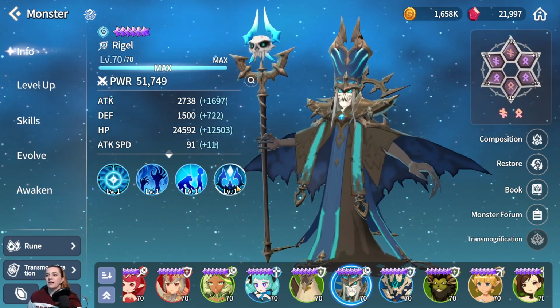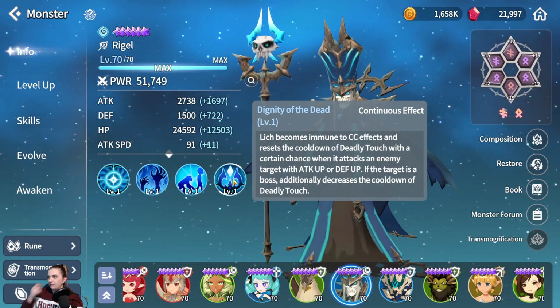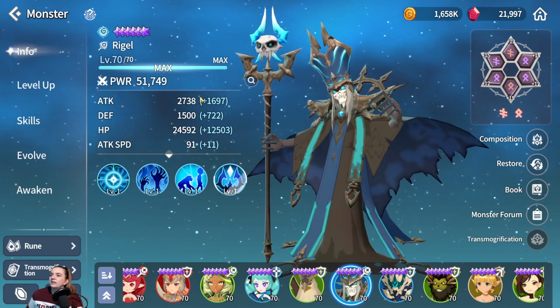Like, not quite, but... These are the runes that you have on him right here? And you just passed it, right? Yeah, but these are actually good runes. Oh, I guess I can't see your crit rate, crit damage. Yeah, they don't look like good runes. But...